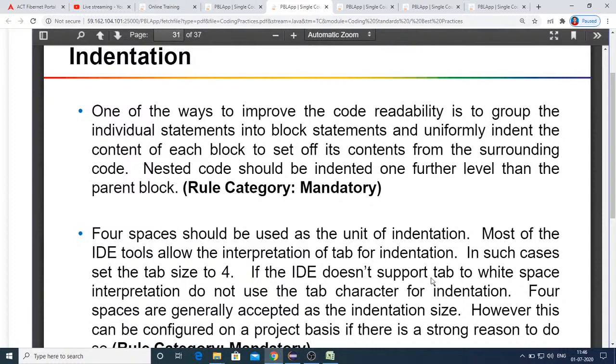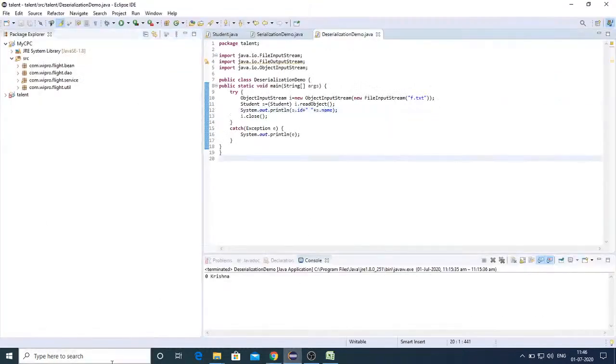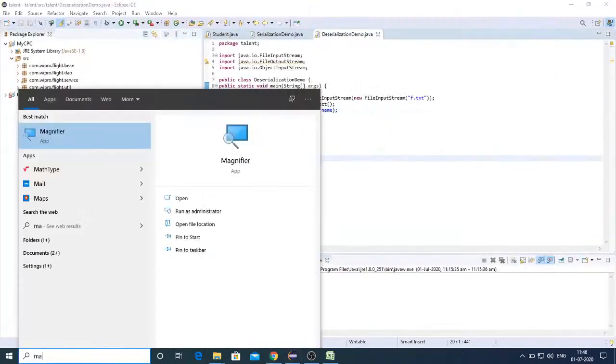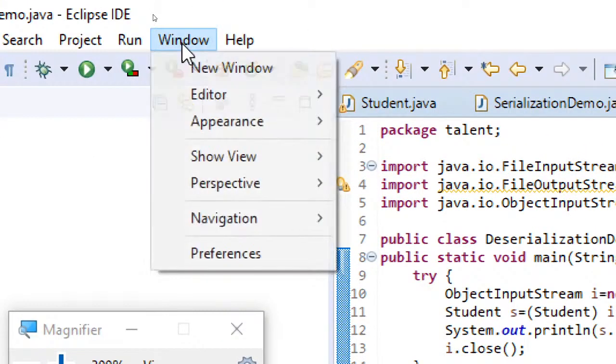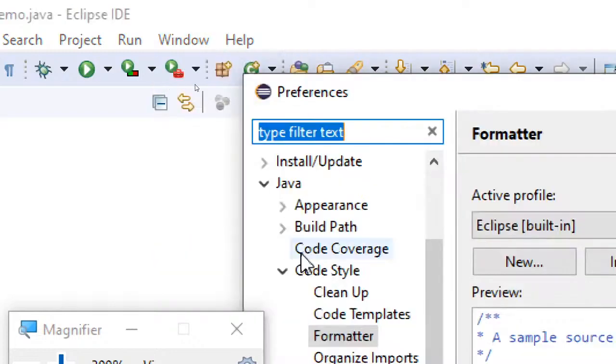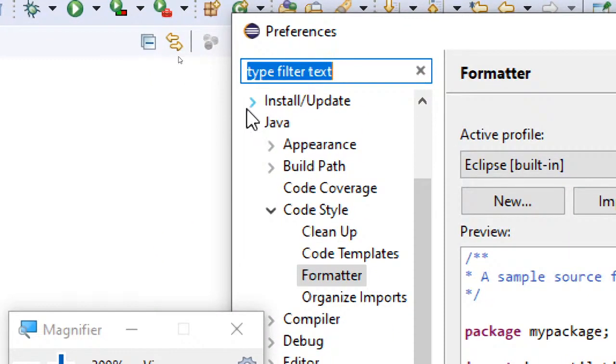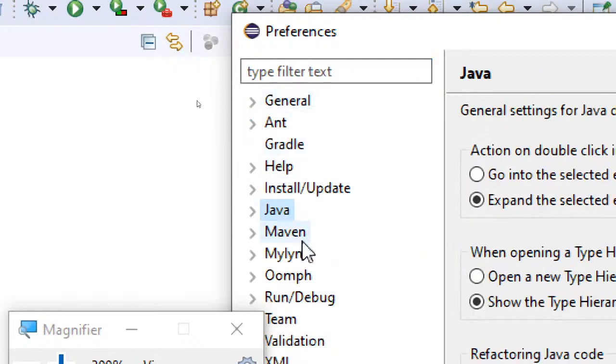But if your project requires indentation to be modified, you can do that. Let me quickly show you that. So I'll show you how you can modify that. Here you can see Window. I have shown you the Eclipse overview, but I haven't discussed this. Preferences. If you go to Preferences, you can see you will have so many things.